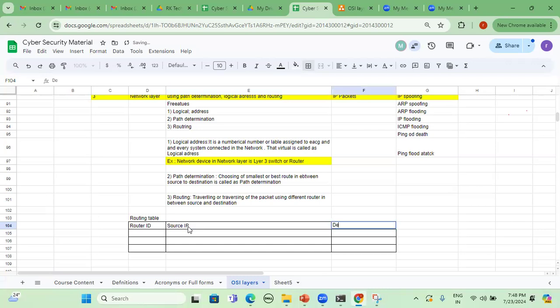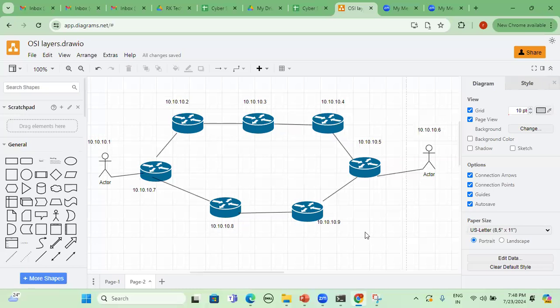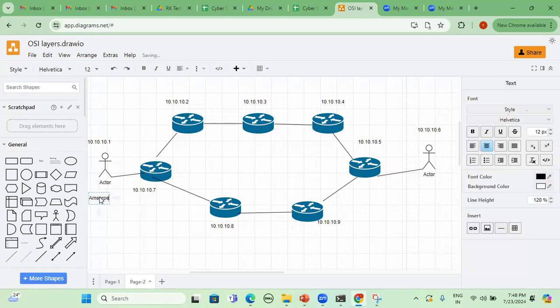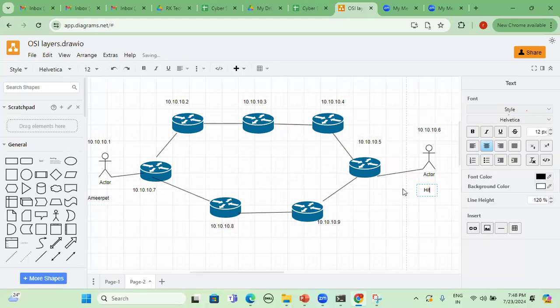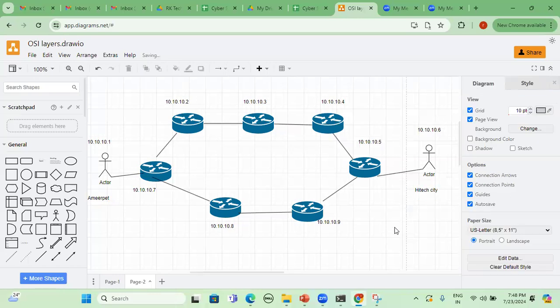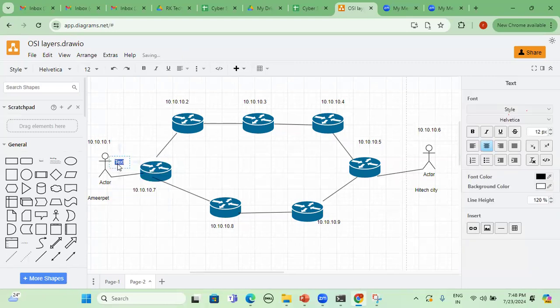Source IP, destination IP. So for example, router ID meaning here in this particular route or path, whatever I have chosen, Ameerpet is our source. Next one is High Tech City, as I said. Now, for example, take in between Ameerpet to Yusufguda, maybe 1 kilometer, but I will keep it as a 10 administrative distance.